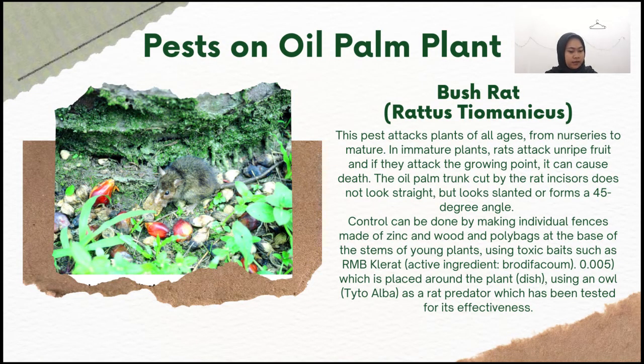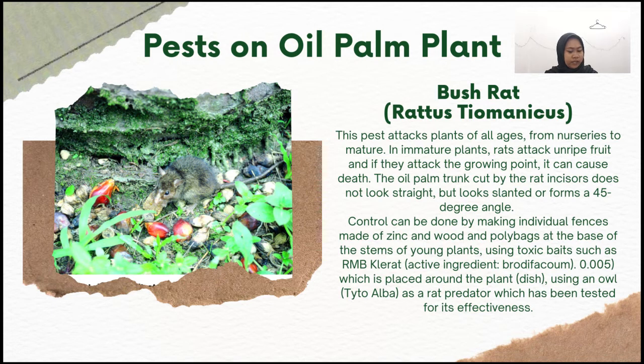Pests on oil palm plant. First is bush rat or Rattus tiomanicus. This pest attacks plants of all ages, from nursery to mature, and in mature plants, rats attack unripe fruit, and if they attack the growing point, it can cause death. The oil palm trunk cut by the rat does not look straight but looks slanted or forms a